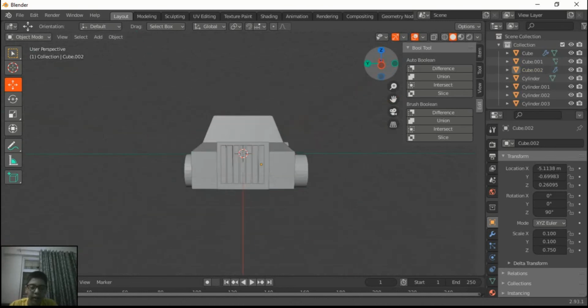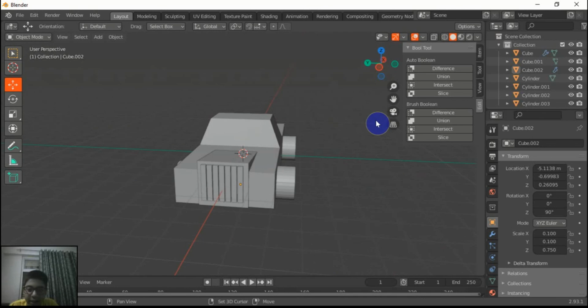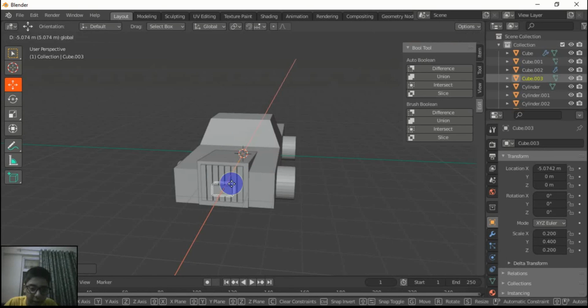Now we will make its headlights. For headlights, again press Shift A, we will choose cube, and headlights dimensions are 0.2, 0.4 and 0.2. These are our headlights. Move it here.